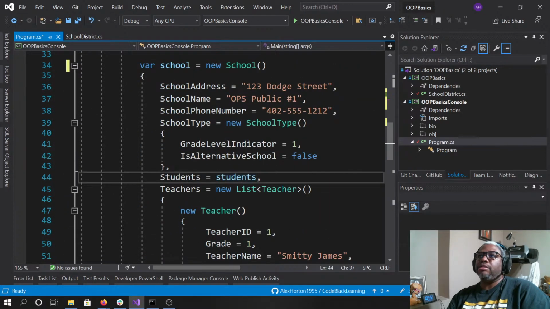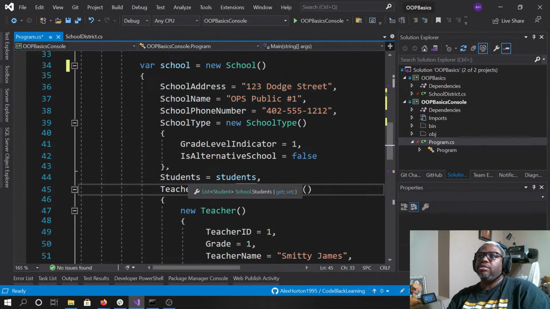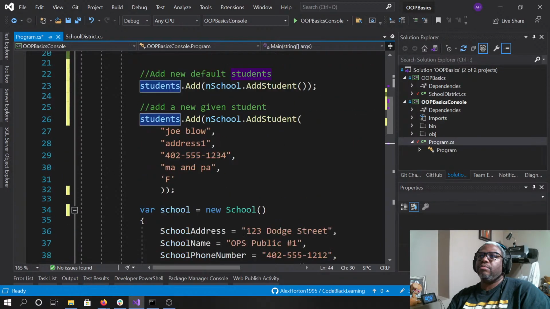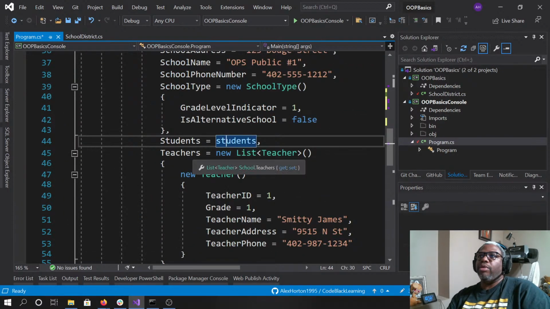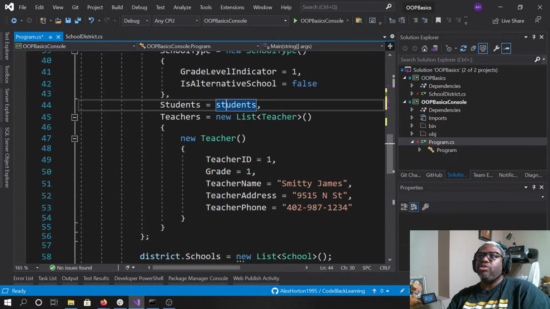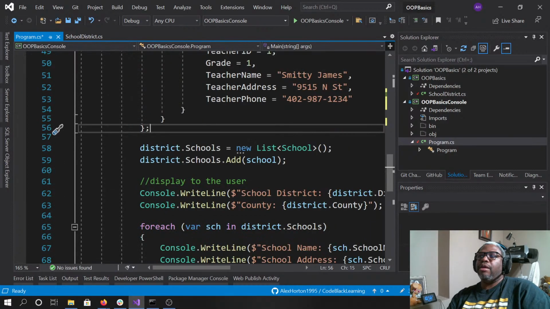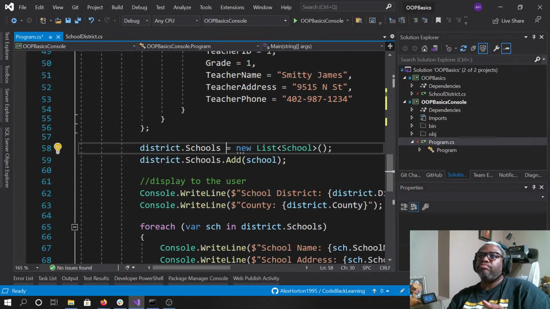And then I just populate the school information in there. Here's a list of students, and here's our list of students up here that we created. And then we have our teachers as well, and we can add our teachers this way, like we did here. And then finally, what I do is I add, because I have to instantiate a new list of objects to populate with my schools. And then once I do that, then I just add my new